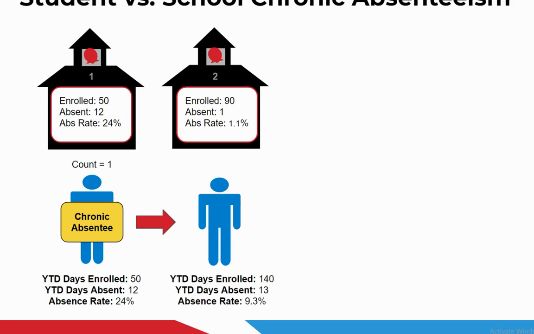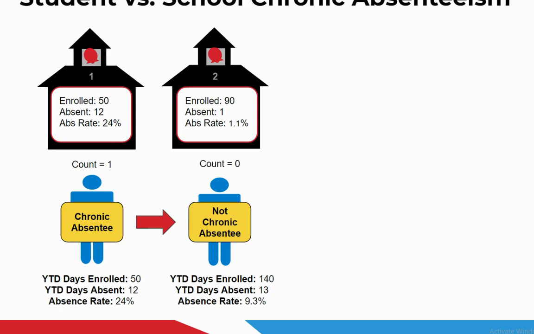The student's year-to-date enrollment is 140 days, of which the student had been absent 13 days. This puts the student's absence rate at 9.3%, and therefore the student is no longer considered a chronic absentee. Since the student was only absent 1.1% while enrolled, the student also does not count against the school's chronic absence